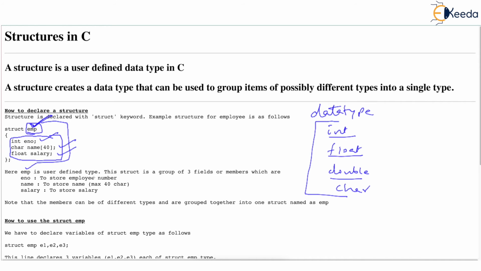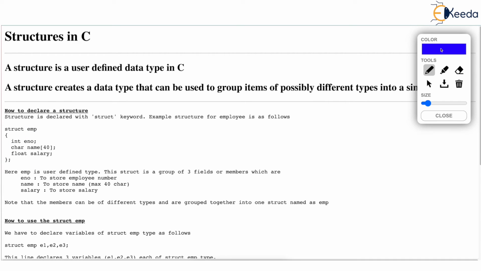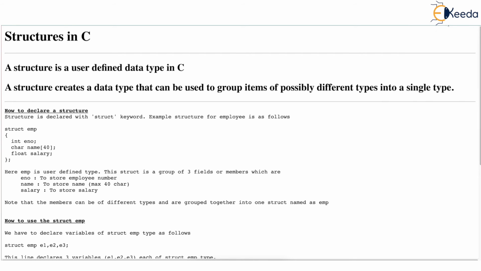So basically what structure does is it goes one step ahead. When I first learned this, I said, wow, even this can be done. Till this chapter, we were using int, float, double, char. But do you now know that there is EMP also, which has become a new type? It has become a user defined data type. So we can create new types from existing types. Okay. So what is EMP? EMP can be said as a user defined data type.